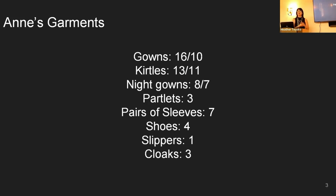And I will get into each of these separately. But I just think it's interesting to note the numbers that are here. It's quite a bit of clothing when you consider that common people would definitely not have this much. This is literally the highest female position in the land. And these are the numbers that she has, at least from these accounts. So we can consider that she undoubtedly has even more in her full wardrobe. But these are all very typical female garments for an elite status woman to have. There's nothing here that's really unusual, and nothing that she's really missing, at least in terms of garments that could